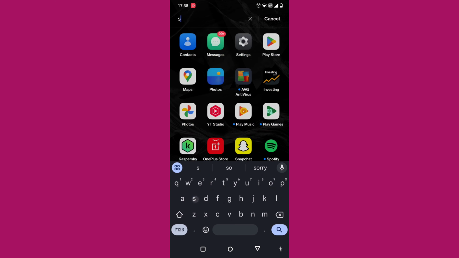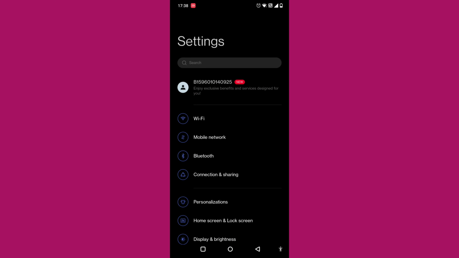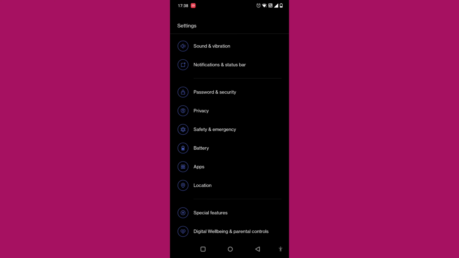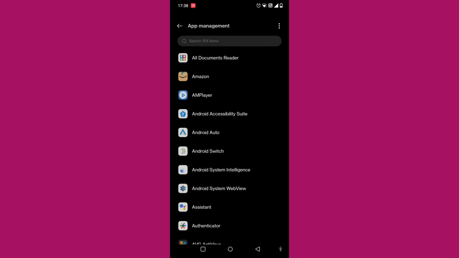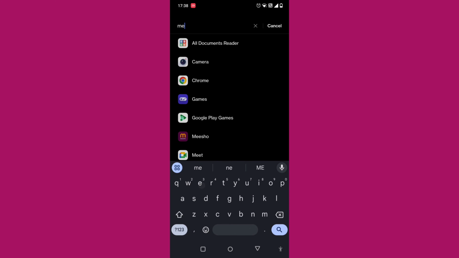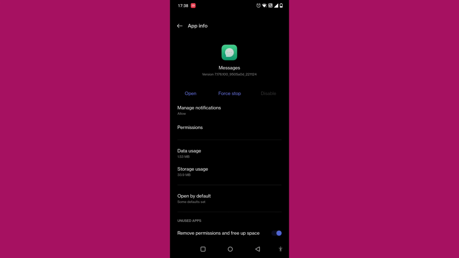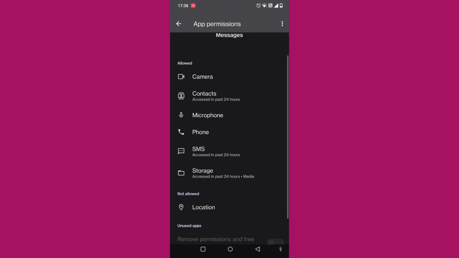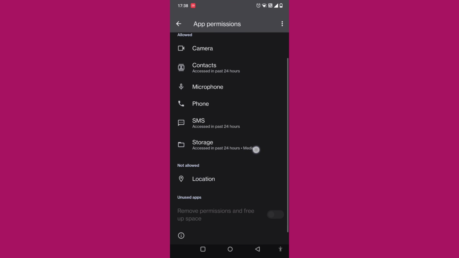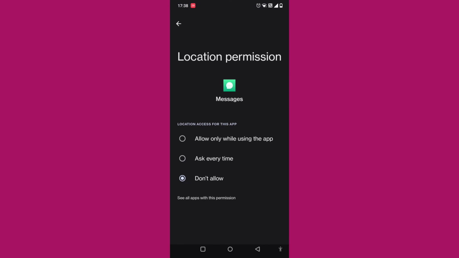You have to click on settings. Once you click on settings, you have to scroll down and click on apps, and then you have to click on app management and you have to search messages. Once you click on messages, here there will be permissions. You should allow camera, contacts, microphone, phone, SMS, storage, location too. You should allow,